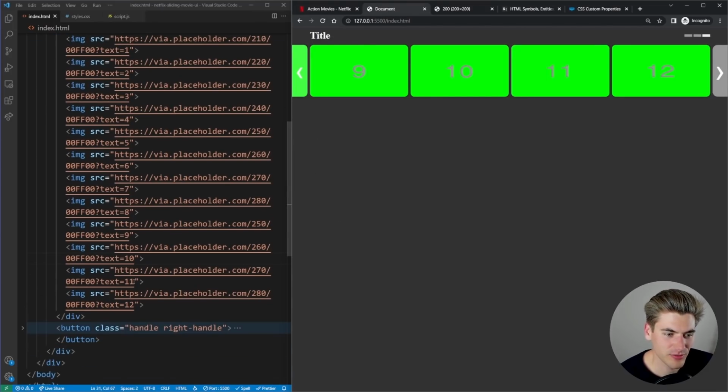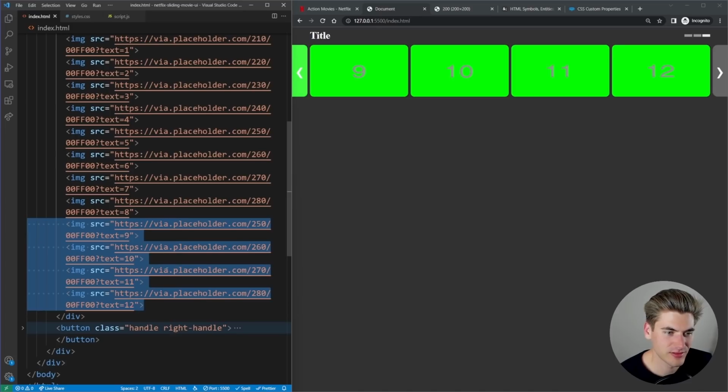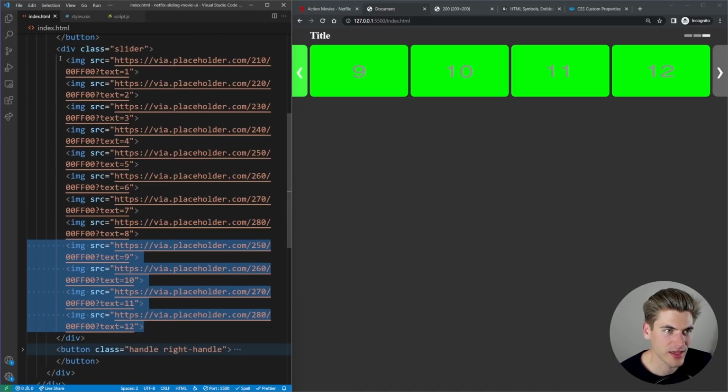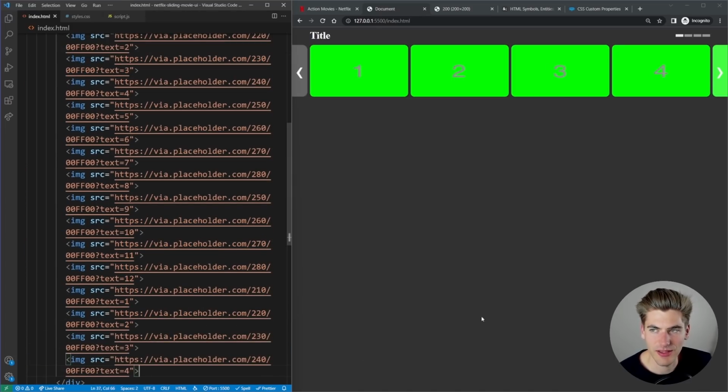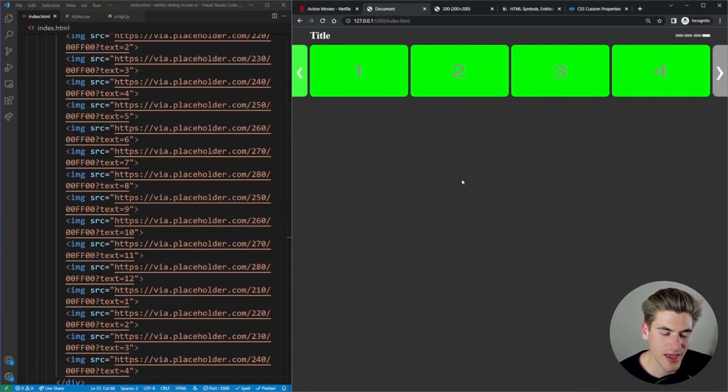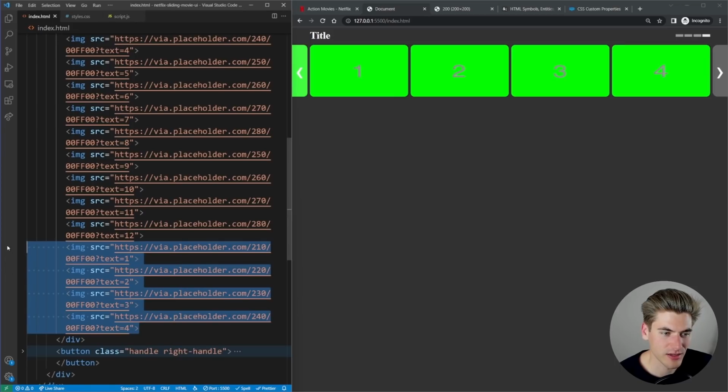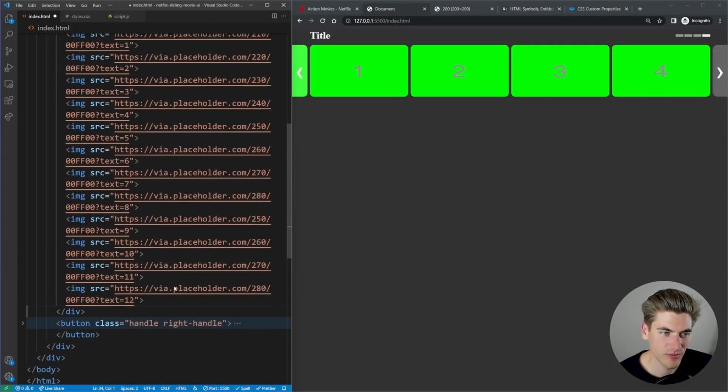Because like I said, we could just like duplicate these 4 elements. Like if we're at the end, we could duplicate the first 4 elements and put them back at the end. And that's kind of going to emulate that idea. You know, you can see we hit next and it starts back over at the beginning. But when we do that movement, we would need to make it so that our... gosh, what is the best way to do this?